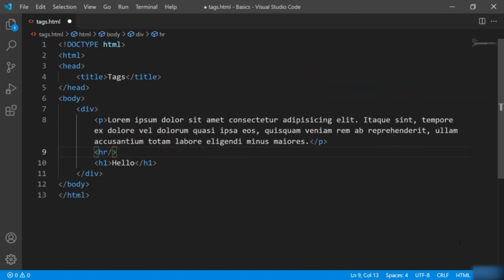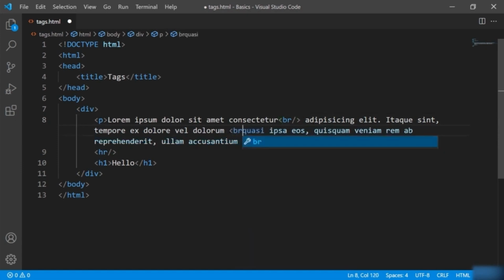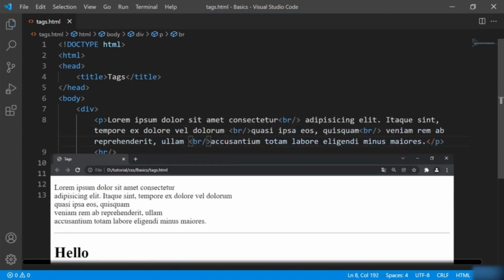Let us look at one more empty tag known as BR, that is the break tag or new line. So let's say I want to give a new line after this sentence. So I will give BR here and let me add a few more break tags inside these paragraphs. Let's check the output now. So you can see that we have now added some new lines by giving the BR, that is the break